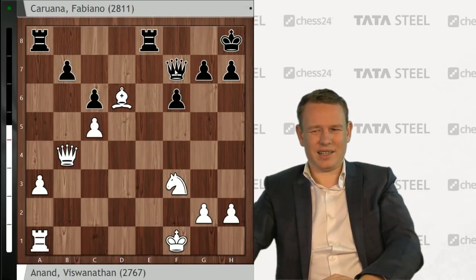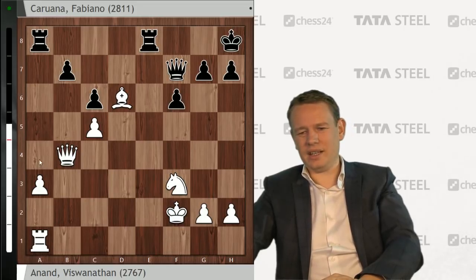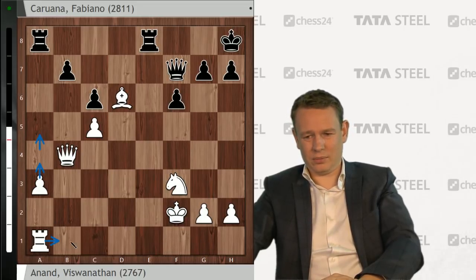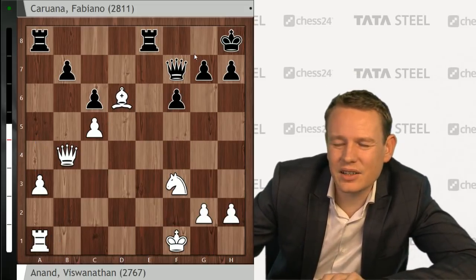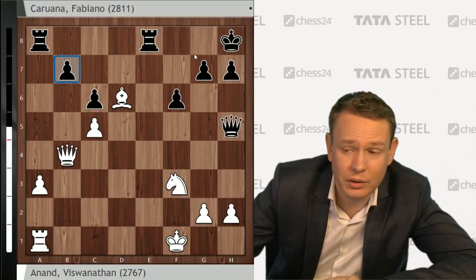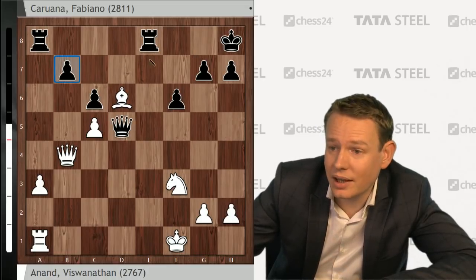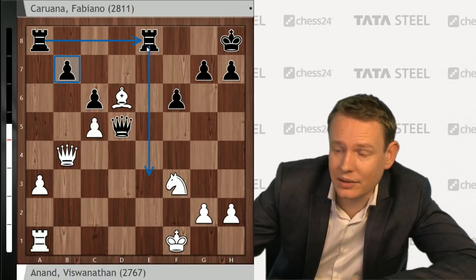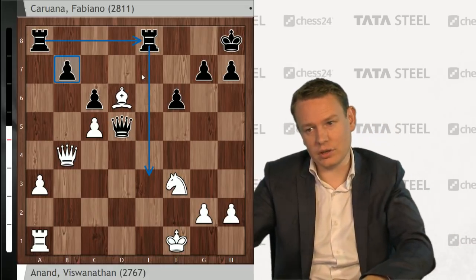Caruana certainly was not intending to switch to passive defense here with queen f7. Sooner or later, white would, well, take all the time in the world, but would target this b7 pawn. And if black can't go active here, his task is very, very grim. Instead, Caruana says, okay, you take b7, I will activate my pieces to the max and try to create a mating attack, or at least a potential perpetual,